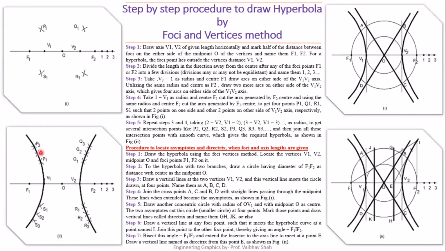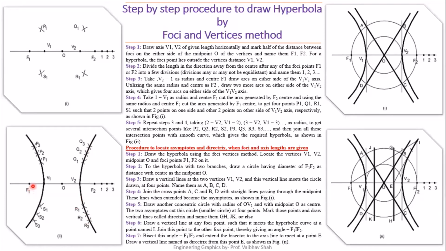So we'll be having this second arc and second points, as you can see in figure number 2, P2, Q2, S3, R3. Similarly, if we use the third point, let us look at figure number 2 now. We have to select V2 till 3 on your rounder. We select F2 as the center and make one arc on the upper side of F2 and the lower side of F2.